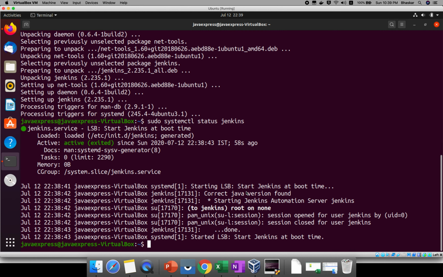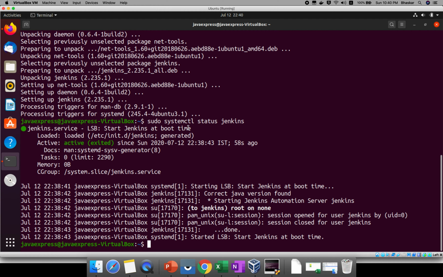See, now your Jenkins software is ready, jenkins.service is started. If it is not started, you can type start and it will start Jenkins. If you want to restart it, just provide the restart command, and the software will restart.